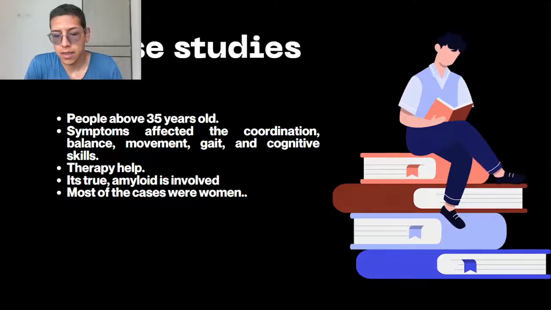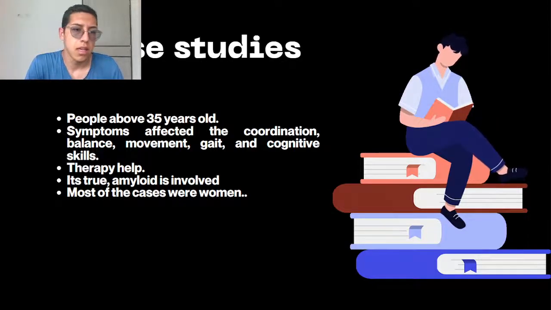It means that above 35 years old is when people started to present the disease. The second is that the symptoms affect coordination, balance, movement, gait, cognitive skills, memory, etc. The number three is that therapy helps, but not as a cure, but as a way to improve your symptoms